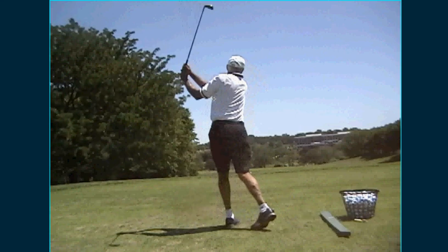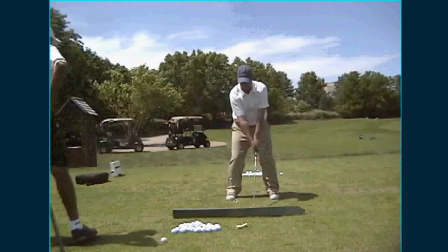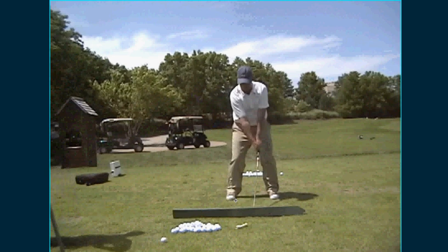Not a bad looking shot. As far as I can see the ball go away, it looks like it went pretty straight with maybe a little draw to it. What we're looking for out of you, Jim, is a little something more like this. And this is probably an exaggeration,